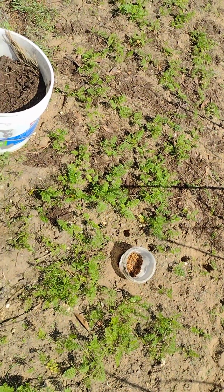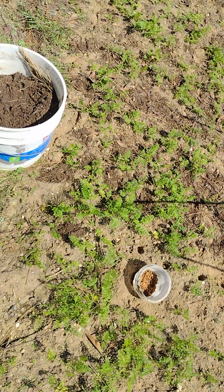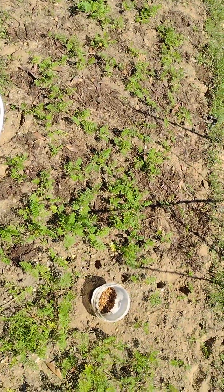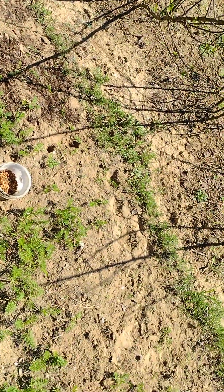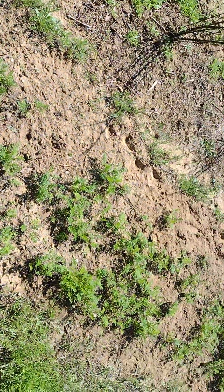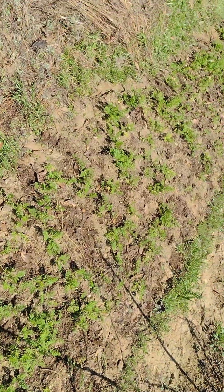Ladies and gentlemen, we are planting Roselle. That's Florida cranberry, otherwise known as Jamaican sorrel. Roselle, Rosella, Jamaican sorrel, Florida cranberry. Scientific name, Hibiscus sabdariffa. And we're planting them in this one top row